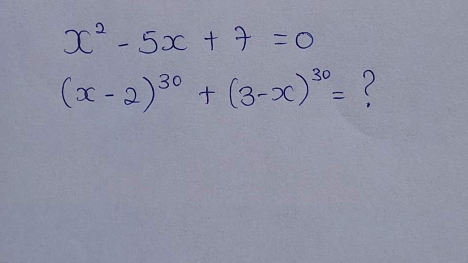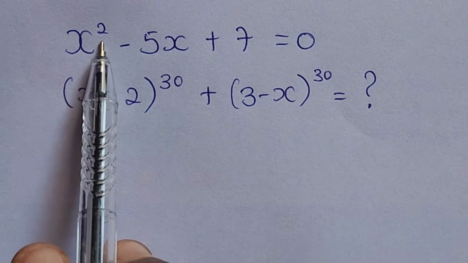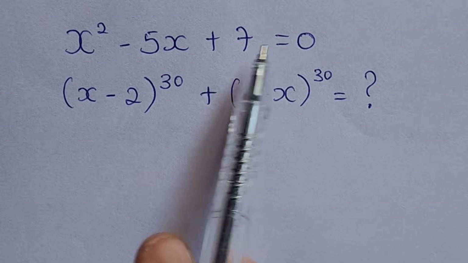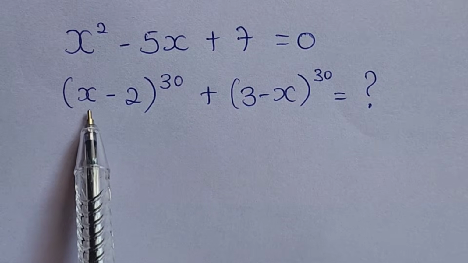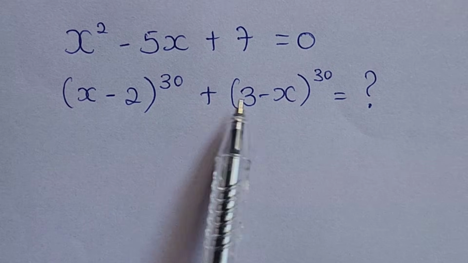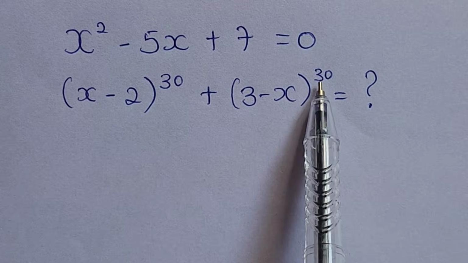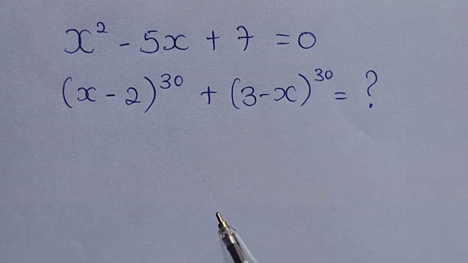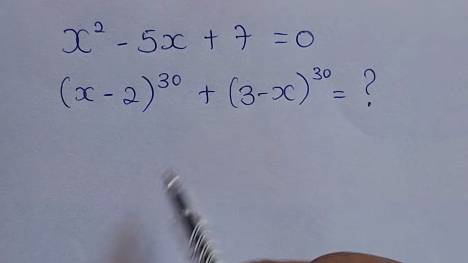Let's solve this problem together. We have x squared minus 5x plus 7 equal to 0, and we want to find (x minus 2) to the power of 30 plus (3 minus x) all to the power of 30. Now, for us to begin,